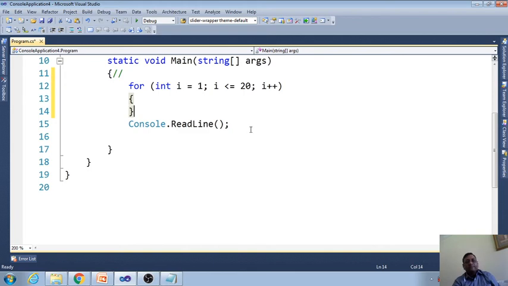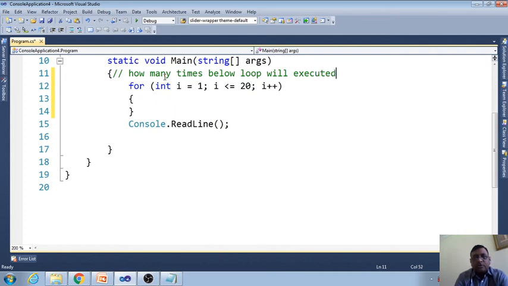The question is, how many times will the loop execute? How many times will this loop be executed from 1 to 20? It will be executed 20 times, 1, 2, 3, up to 20 times.